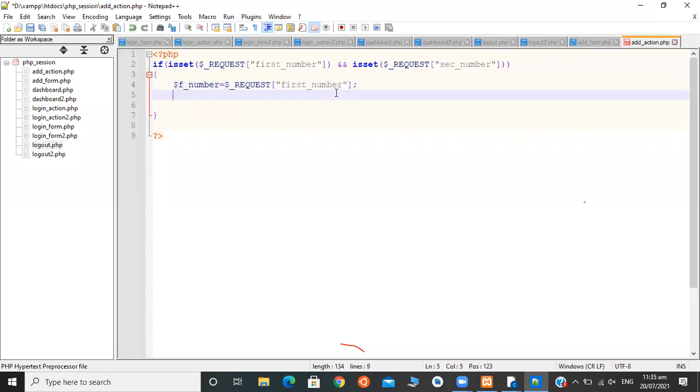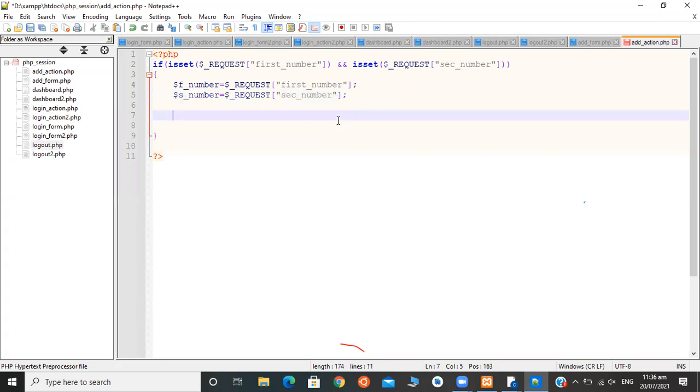Next, $second number equals $_REQUEST second number. Okay. Then what I need to do?